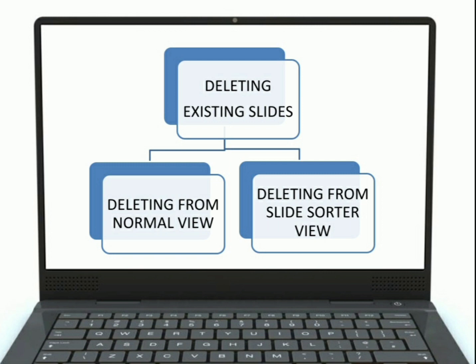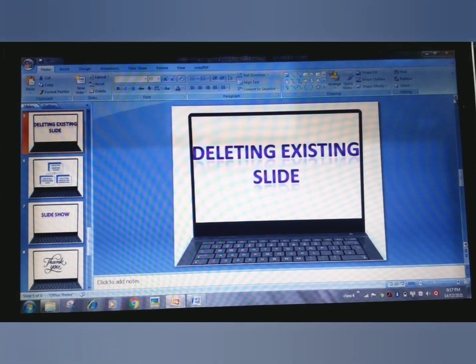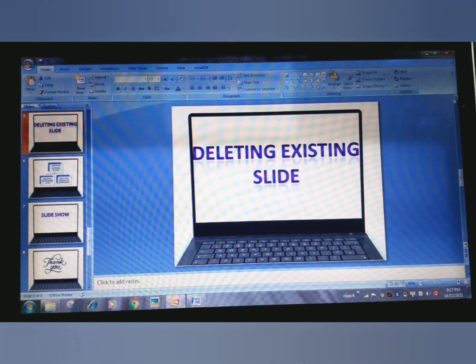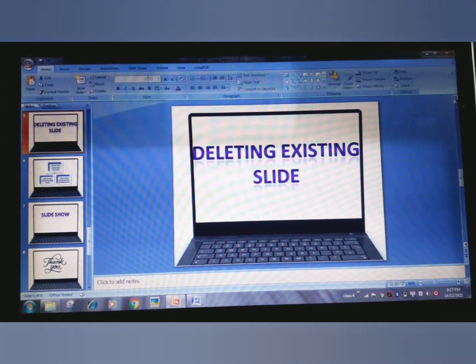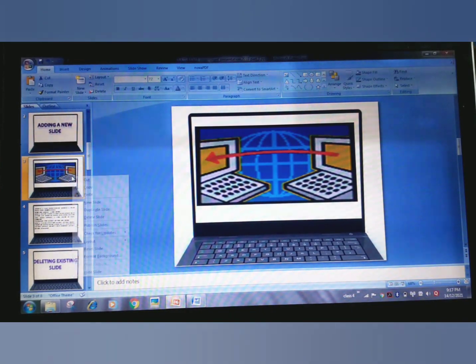So let's go. Now kids, we will see how to delete an existing slide in our presentation. Suppose kids, we want to delete this slide from our presentation. Then simply go here. This is the cursor. Just go here and right click upon it.